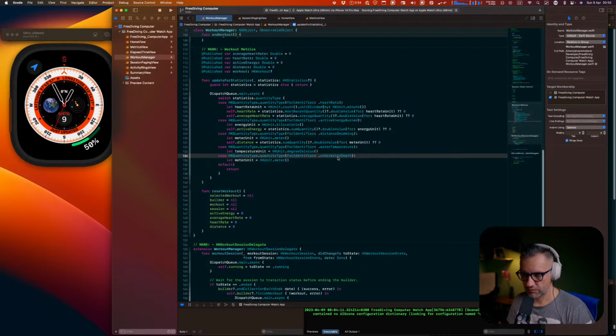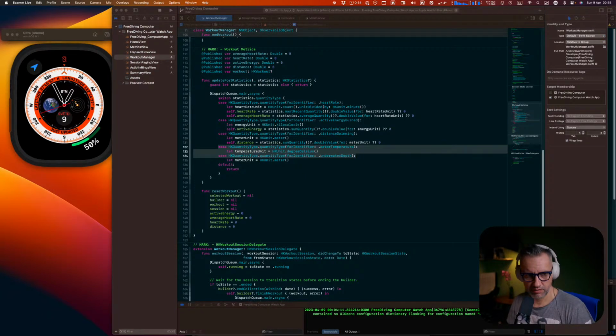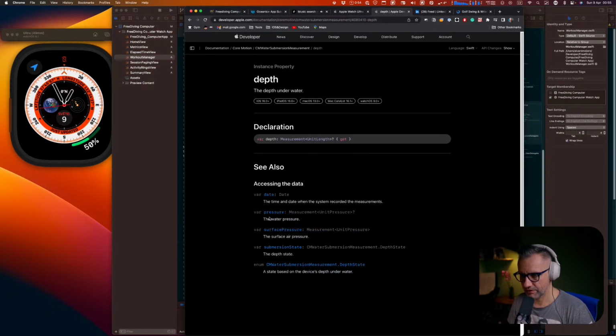Okay, so underwater depth and water temperature, probably we are getting data for that here already. But what is interesting, I do not understand the difference for now, at least. Pressure. What is that? The water pressure. Why do we need that? And surface air pressure. Maybe that is useful to calibrate somehow